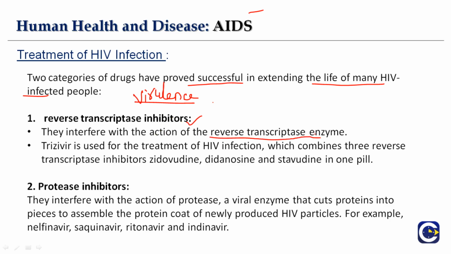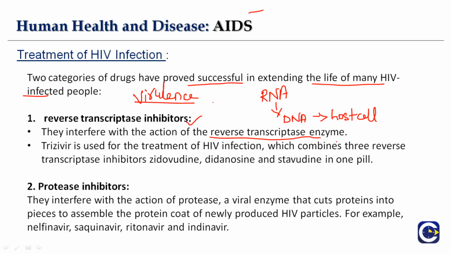As I already mentioned, this is a characteristic feature of the Retroviridae family, and this enzyme is responsible for all that happens in your body, because this HIV enters as RNA, but it gets converted into DNA, thereby giving the host a misunderstanding that this DNA also belongs to self, so that the body will not attack it. See how much it works on it. So we give them reverse transcriptase inhibitors, which will interfere with the action of the reverse transcriptase enzyme.